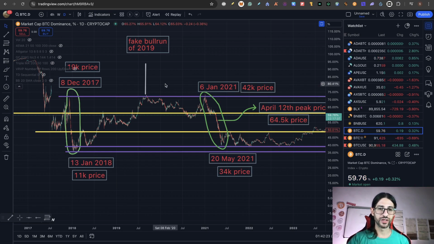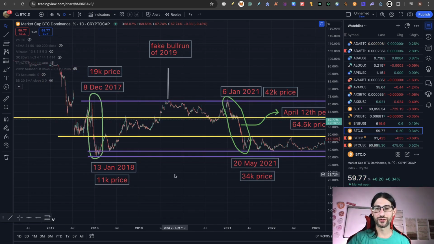Another lesson that this gives us is that if you find yourself on the Bitcoin dominance around 40%, that means that you already lost 50% from the top in one scenario, and in the other scenario you are also almost half from the top, because in 2017 we were at 19k, and on January 13 Bitcoin price was at 11k. So this is very important to understand, because besides many other charts, you need to always check the Bitcoin dominance.